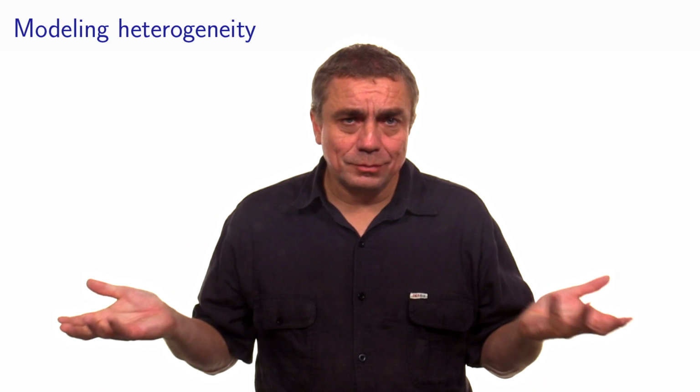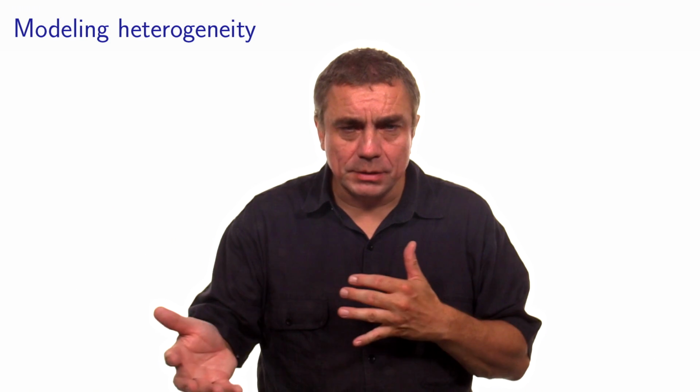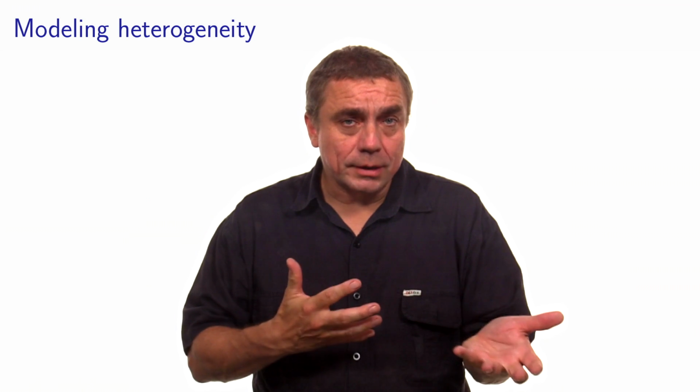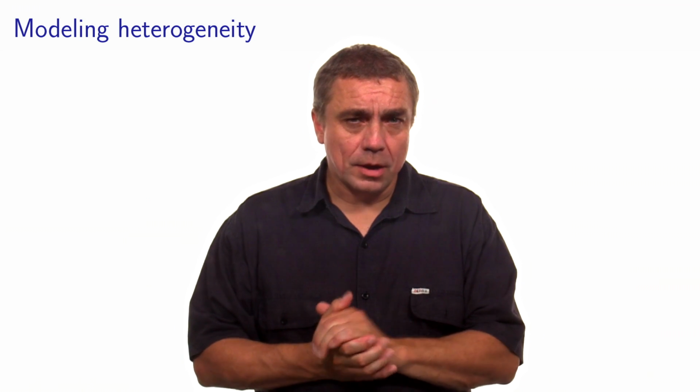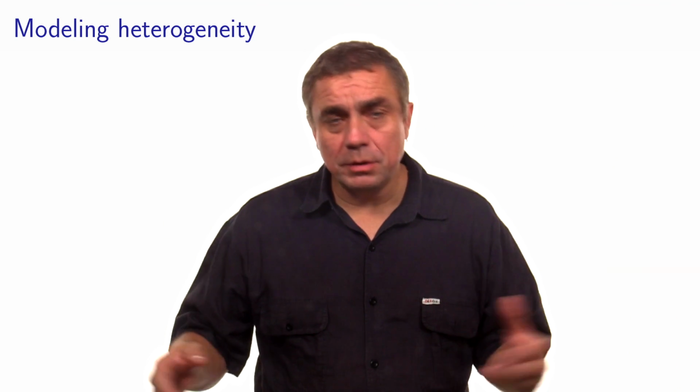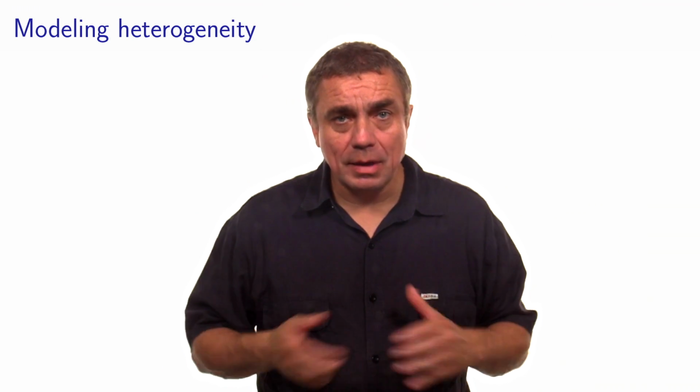It was easy. We take these continuous variables and we include them in the model. We may want to model the fact that they are generic or specific. Let's see if we can go further in the modeling of behavior. An important part of what we want to do is to be able to model the fact that people are different. People have different tastes. People do not react the same way in the same situation. So this is what we call heterogeneity. The population is heterogeneous. People are different, and we would like to be able to model this mathematically in our framework. This is what we will be looking at now.